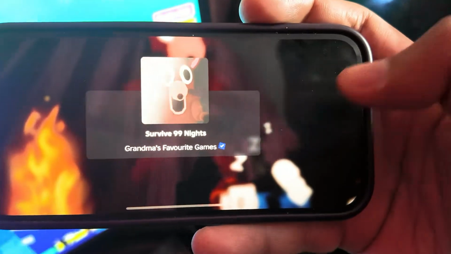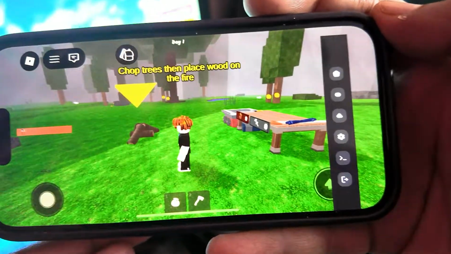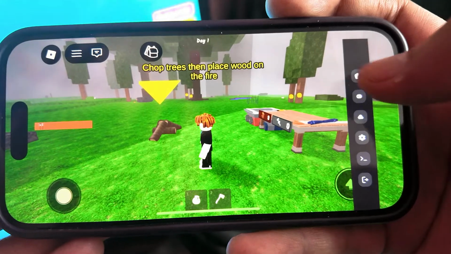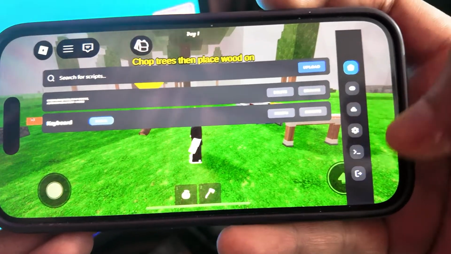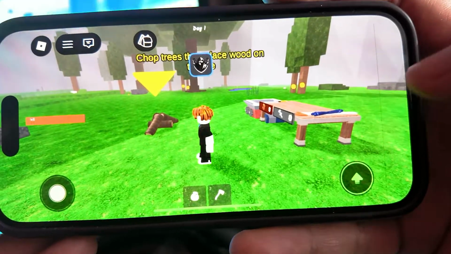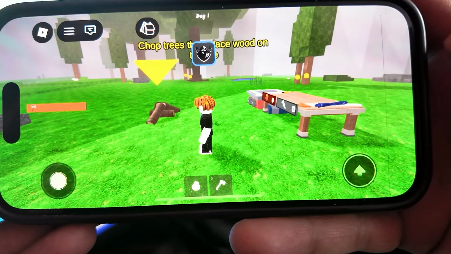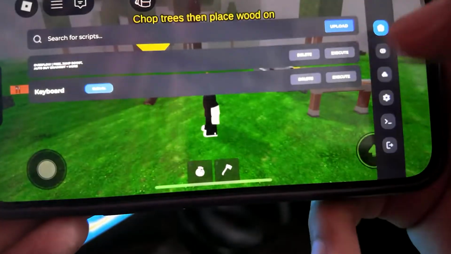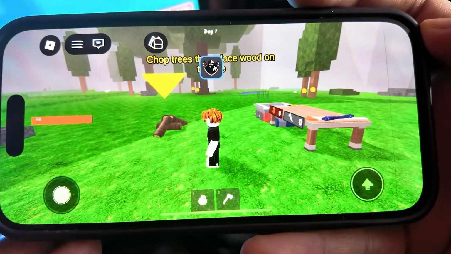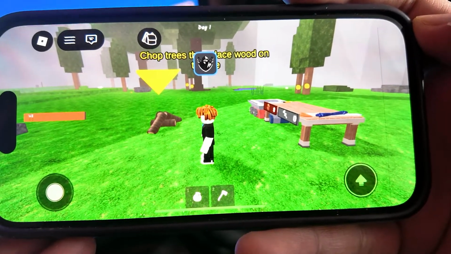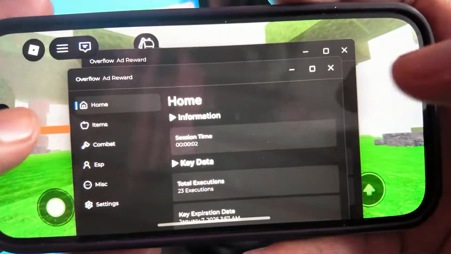And the game has been loaded, and as you can see, we have Delta on the right side, and I will just execute the script now. And we will have to wait for it to execute. Let's just wait. Sometimes it takes a little bit of time. Okay, I will try again now. Execute. And we just wait. And as you can see guys, I have got the Overflow script for 99 Nights in